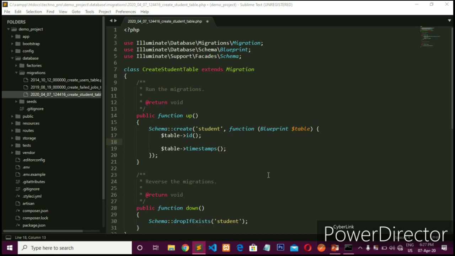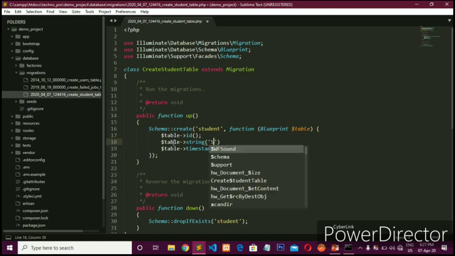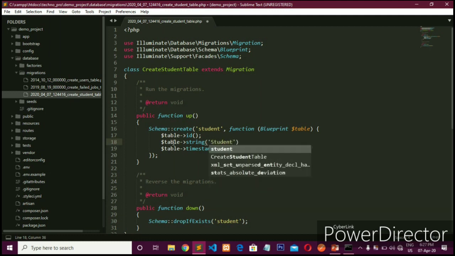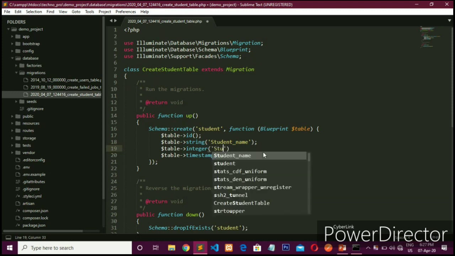For that the syntax is $table->string, our column name, which is student name. Okay, let's add one more column with data type integer. Okay, $table->integer, and the column name is student age.